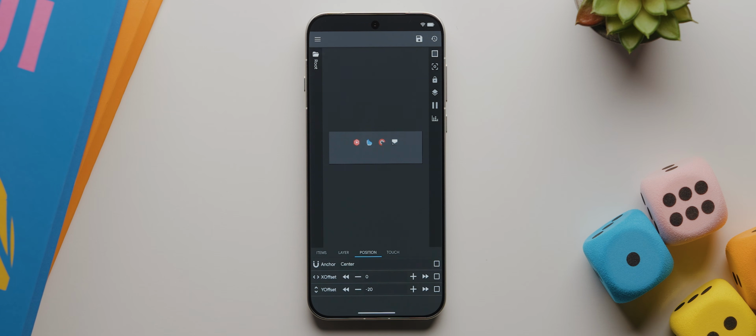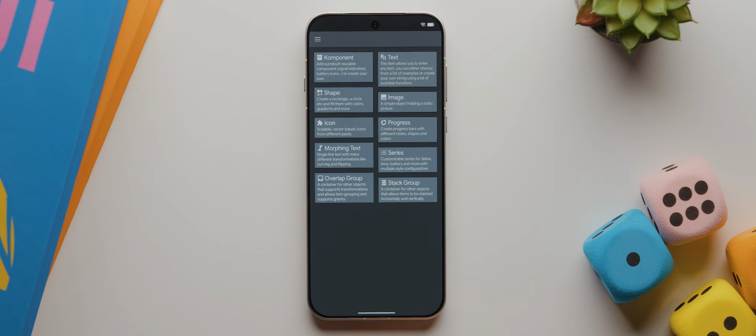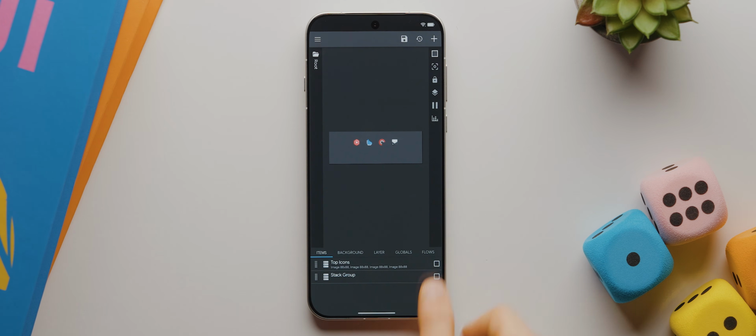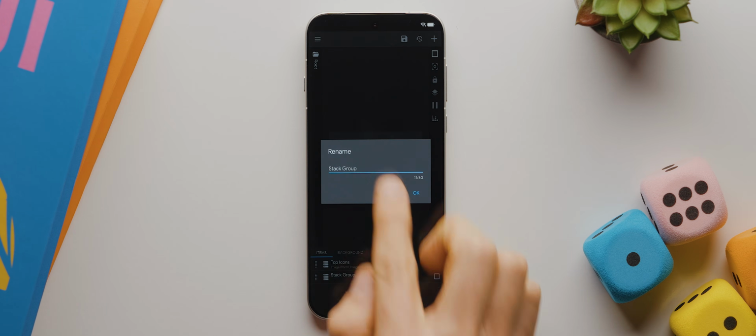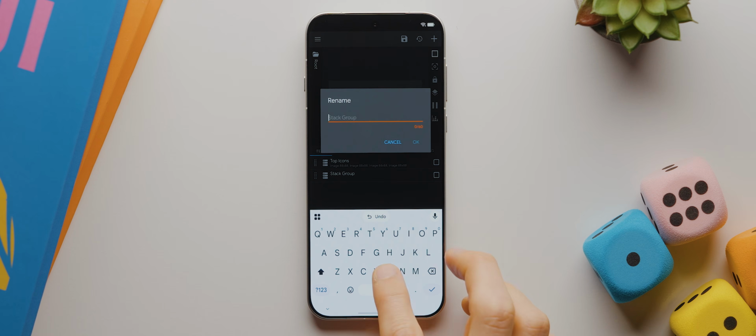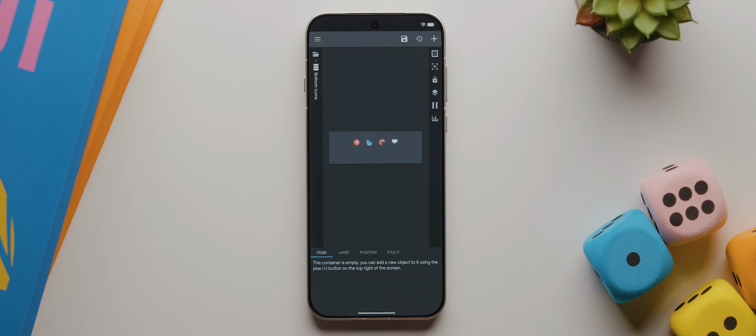And now we need to create our bottom row of icons. So I'll come back once, then tap the plus icon, and again, create another stack group. Then I'll tap the checkbox, then the pencil icon, and rename this to bottom icons, like so. Then I'll hit OK. Then I'll open that bottom icon stack group, and now we need to repeat the same